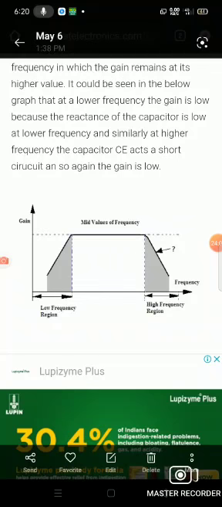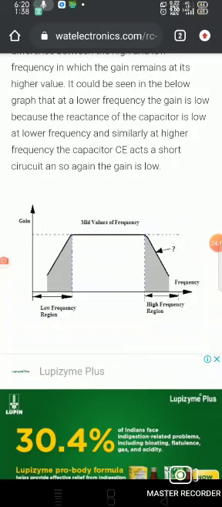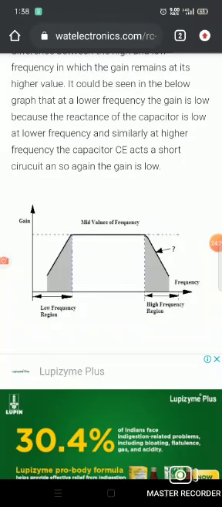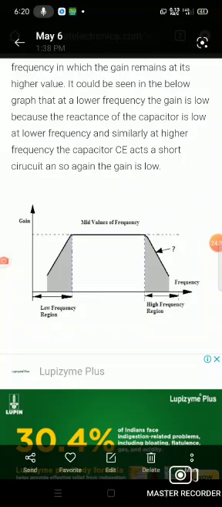But the multi-stage amplifier frequency response is not in our syllabus, right? So that part also I explained: what happens in the multi-stage amplifier frequency response, what is the relationship between gain and bandwidth, what is the first stage frequency response between gain and frequency, and what is the second stage frequency response between gain and bandwidth. What happens to those responses stage to stage. So that part also I explained in this class.